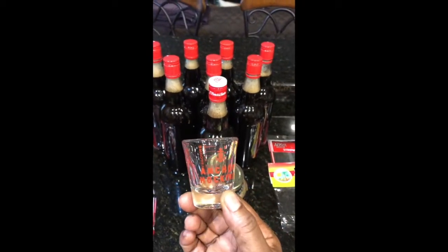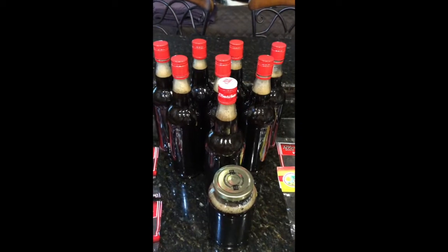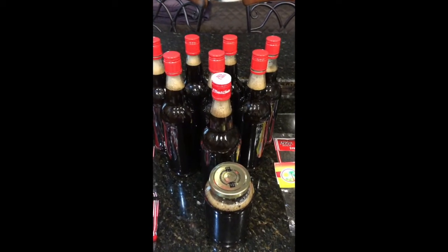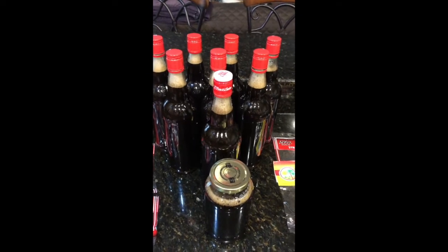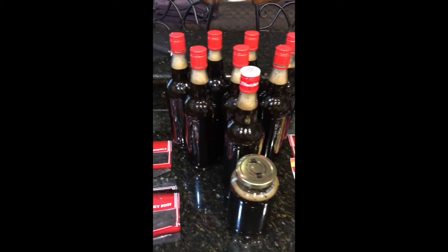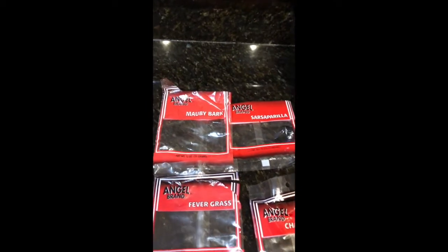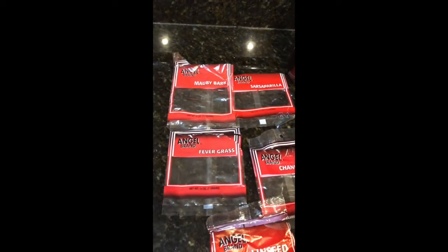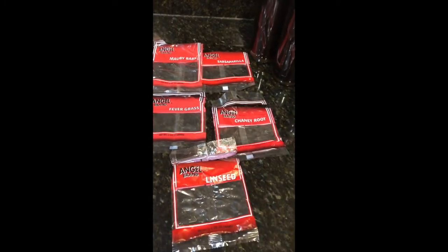You can use this one if you want, or you can use a bigger glass, or however you would like, whatever amount that you would like to take. It's all up to you. And these are the herbs that I've used. You can see Mawby bark, Sarsaparilla, Chaney root, fever grass, linseed,